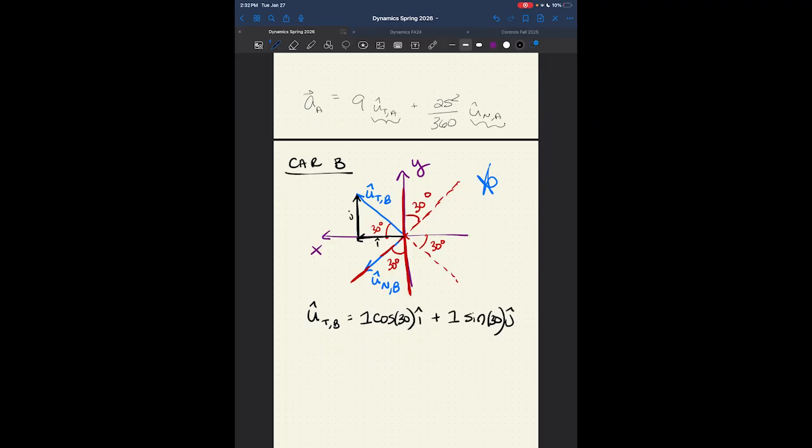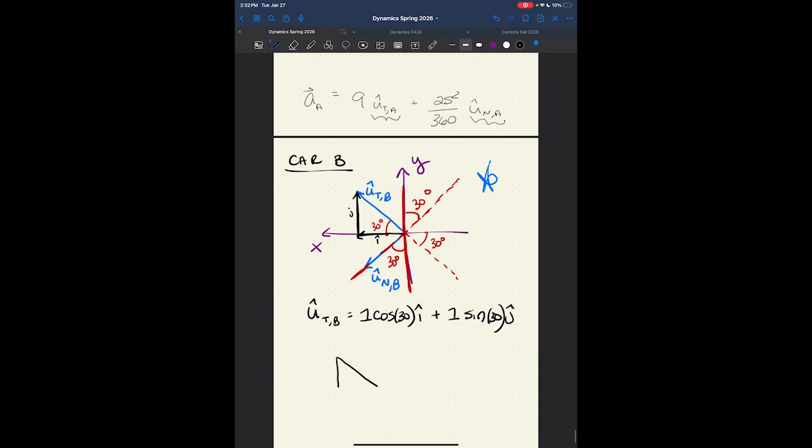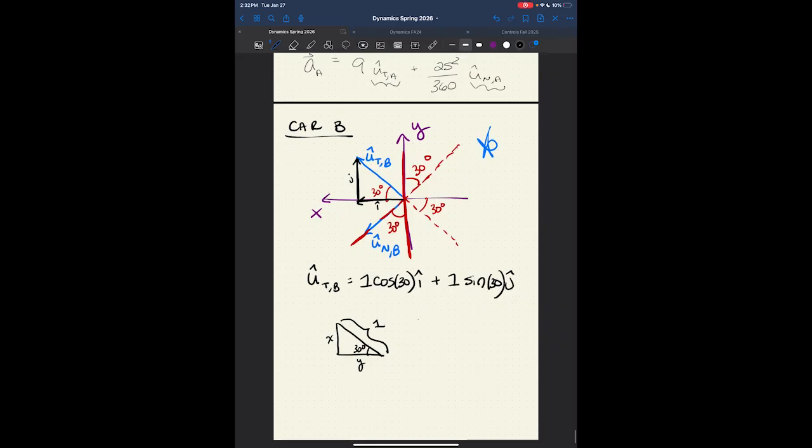Well, I know that the u hat tb vector is a unit vector, so it has a magnitude of 1. So I have basically a triangle here where I have 1, I have 30 degrees, and I want to know how much are x and y. So I can say sine of 30 equals x over 1, opposite over hypotenuse. So the x component is equal to,